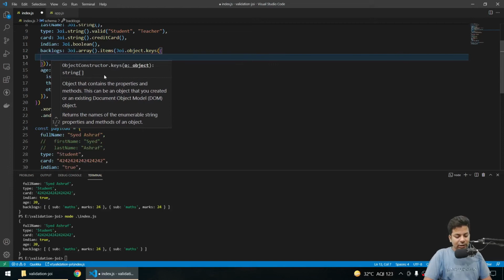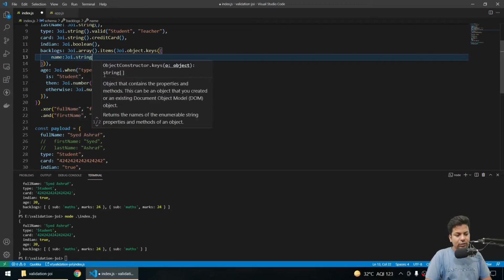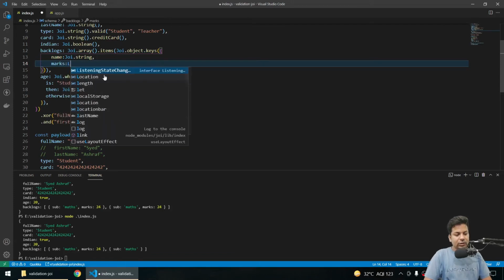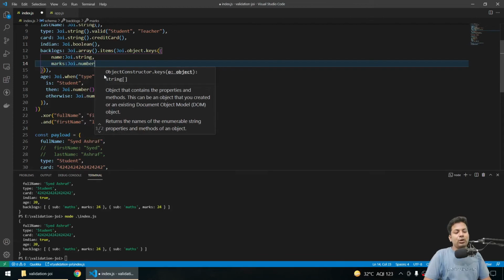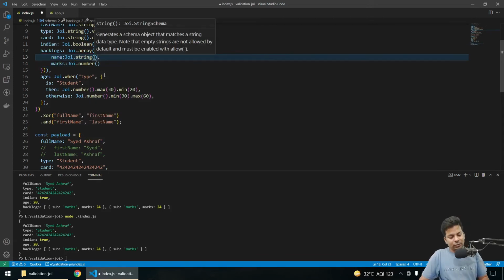Now here we'll say it should have a name, which will be Joi.string, and marks, which should be of number. Then again you can put required and other stuff, minimum, maximum.